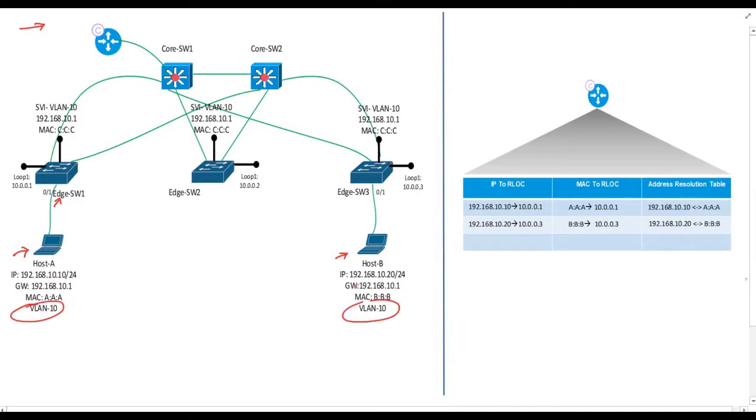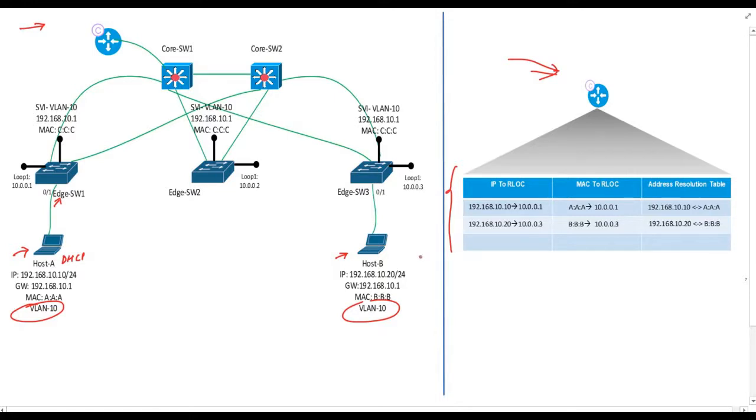As we have discussed, once these hosts get their IP address from DHCP, edge switches send information about them to the control plane node, and the control plane node starts filling its database as part of the host registration process. Suppose after successful host registration, the control plane node has populated its database with these entries here. Please pause the video and have a look at these entries. So we are good till now, right?